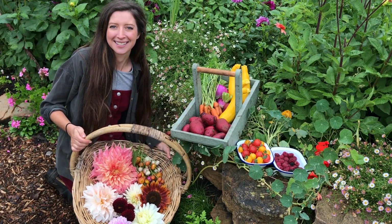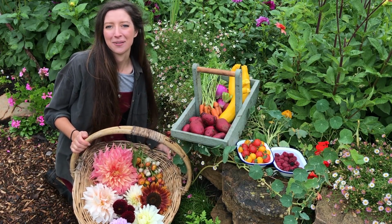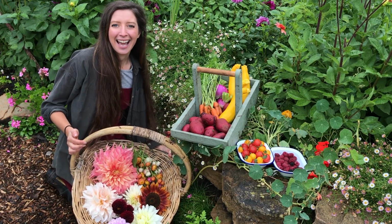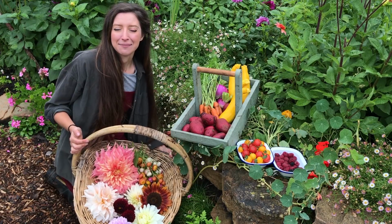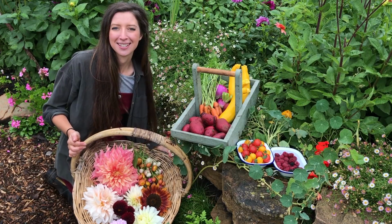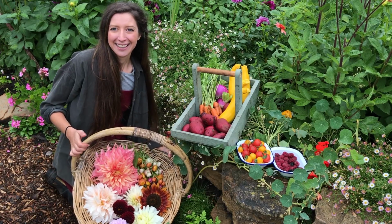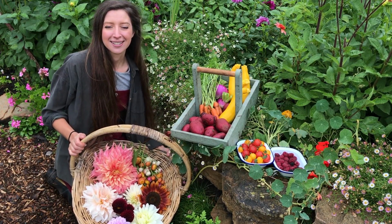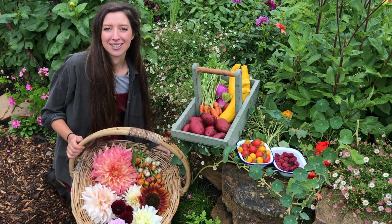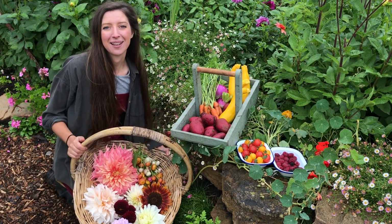Well, it's quite a drizzly end to the day, but I've got my crops in and I'm going to head home now, and it's almost September, which means it's time to start thinking about our plots as we go into autumn and winter. And I'm going to be thinking about planting my garlic, thinking about keeping my ground covered with green manures such as field beans, and also it's a time to start preserving. The crops are still going to be coming in thick and fast, and I'll quite often be found in the kitchen preserving lots of chutneys and spreads and relishes and pickling food as well,